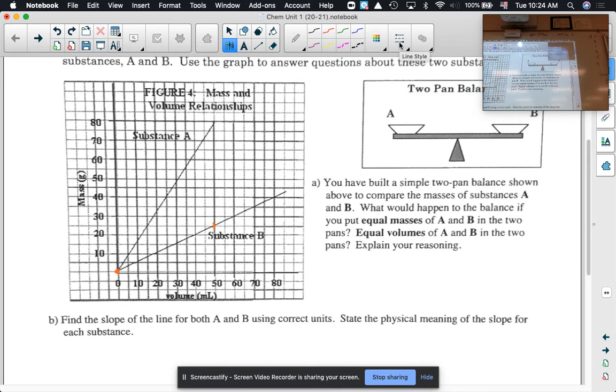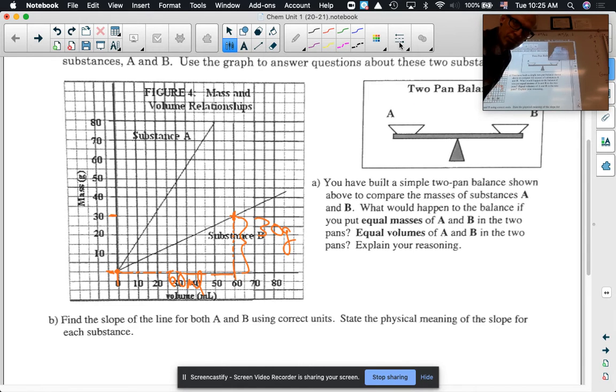Okay, maybe this will work. Okay, good. Oh, that's not what I wanted. I want this space right here. That looks like a pretty good grid intersection. I'm going to drop it down like this. I'm going to take this across and begin. Again, because it's at the origin, I think that's a pretty good place to use if the line hits the origin. So I'm going to say that my rise right here goes from 0 up to 30. So that's 30 grams of rise. And my run goes from 0 over to 60. So that is 60 mLs of run,